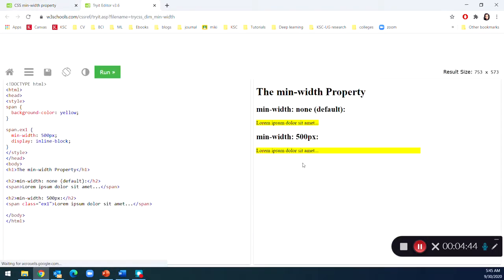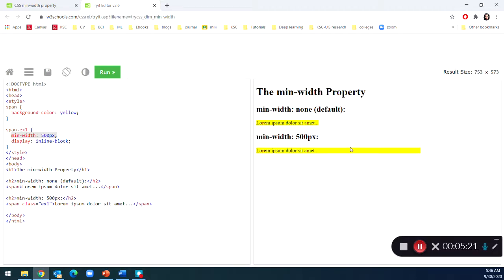Okay, so if you click onto that, you'll see, look at this. This span element, you can see they have applied the minimum width property. So the actual size of the element is just this, which is around 200. But to avoid the content jumping problem, you're setting it as 500 pixels. So what happens is this remaining 300 pixels is reserved only for that particular element,